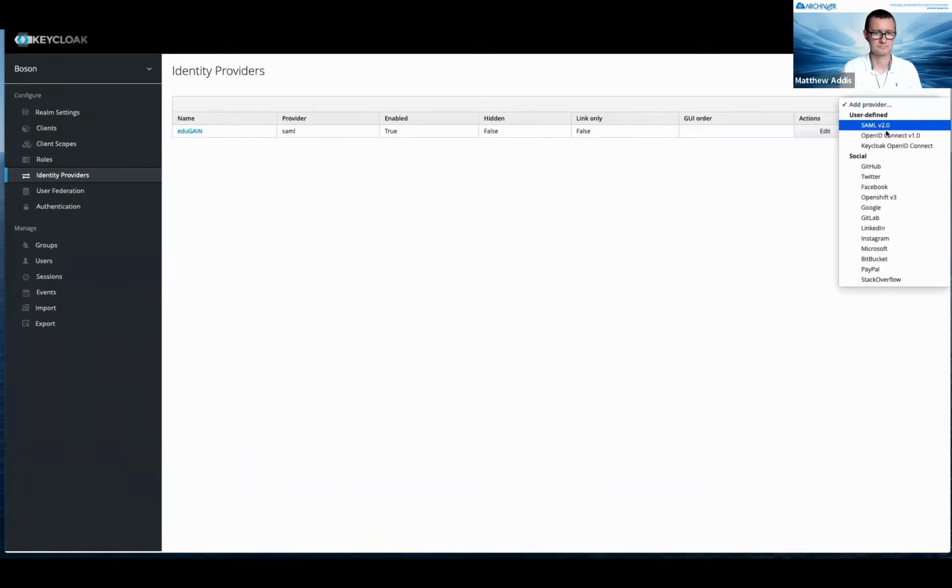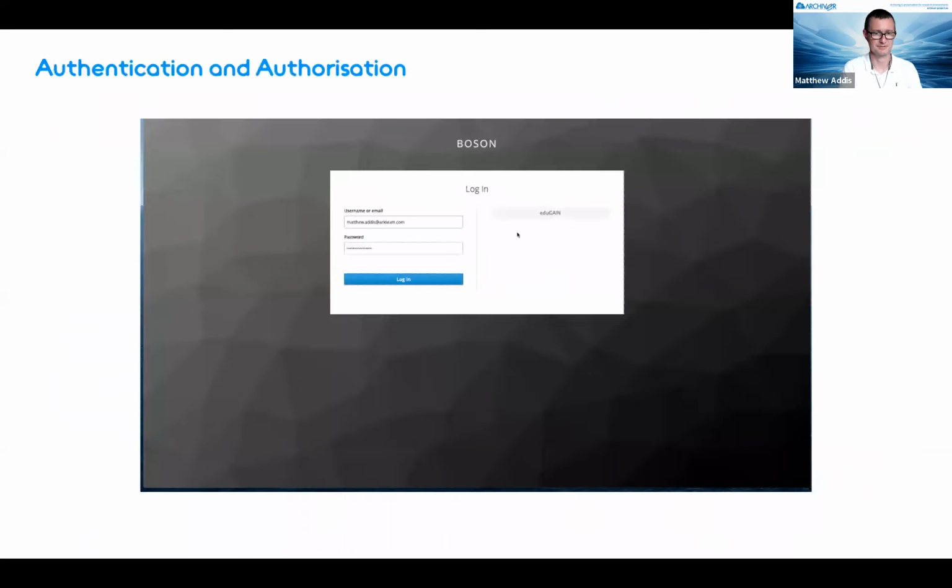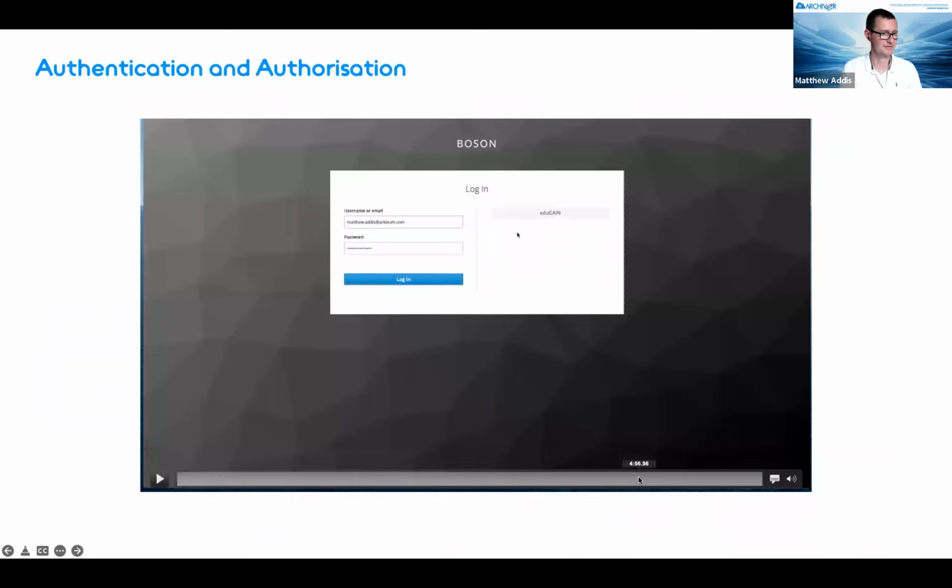EduGain is just one option for single sign-on, and the solution supports a range of other different options, including being able to log on through social media or... Oops, I'm sorry, I didn't mean to do that. I was clicking on the slide. Sorry, how far do we get? Oh dear, I was trying to increase the volume whilst